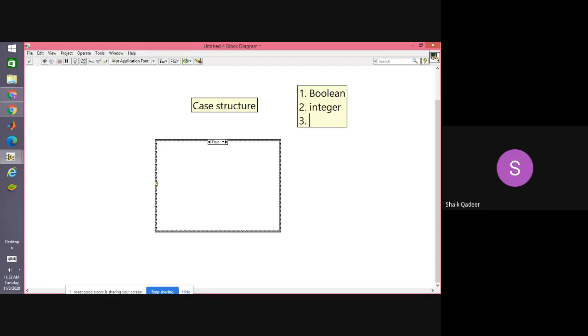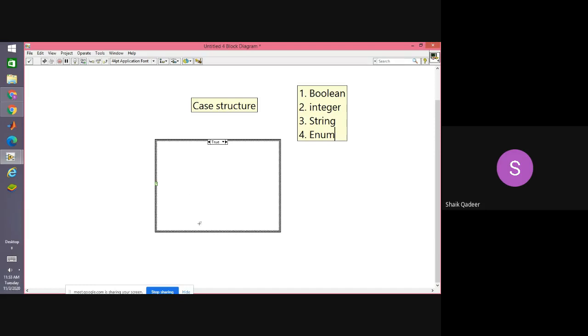Third one, string. And fourth one, enum. लिख लिया आप लोग? Yes, sir. राइट डाउन. अब नेक्स्ट पॉइंट लिखो.